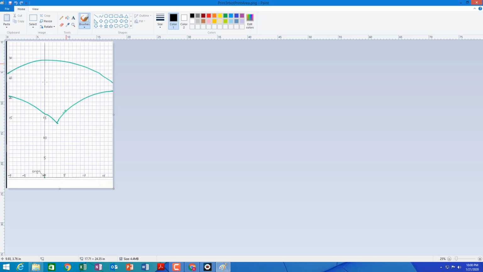This green area here, this fan-shaped area, is the range of the arms of the robot. If you take the gears off and you just kind of sketch out how far the arms can reach, this is about how far it can reach on our piece of paper. We found that when we ran the program that the printable area is actually smaller than that, and so I would limit